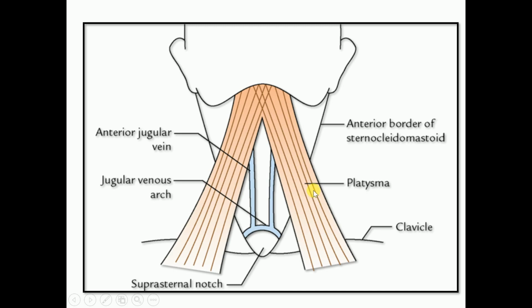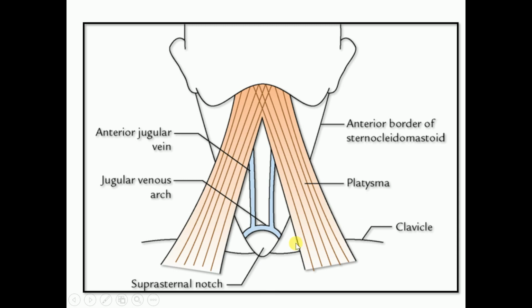Now, the action of the platysma muscle. When acting from above, it produces vertical ridges in the skin of the neck, which release the pressure of the skin over the underlying veins, and so it helps in venous return. Therefore, it also serves to relieve the pressure of a tight collar.